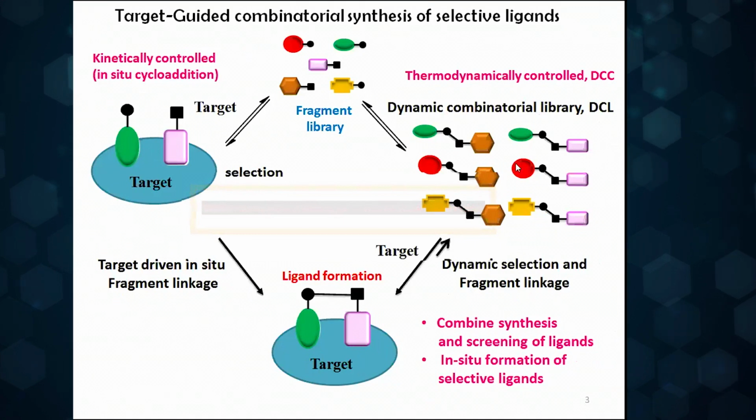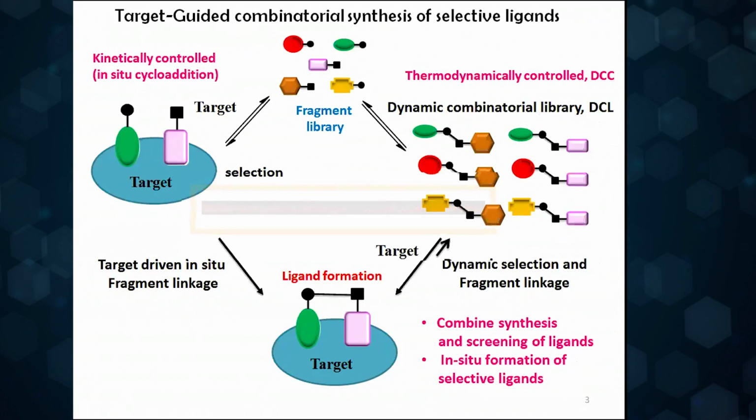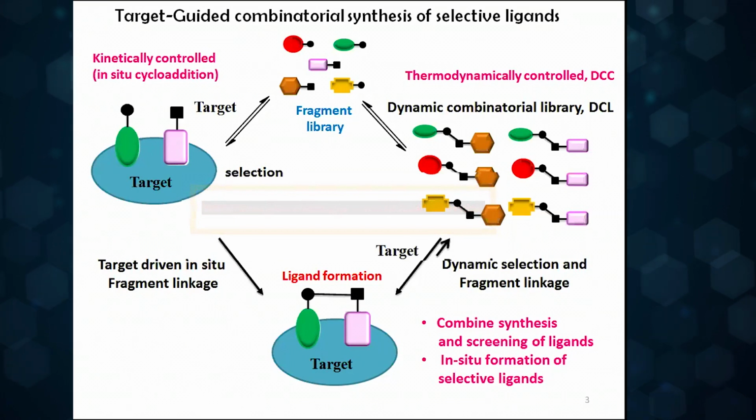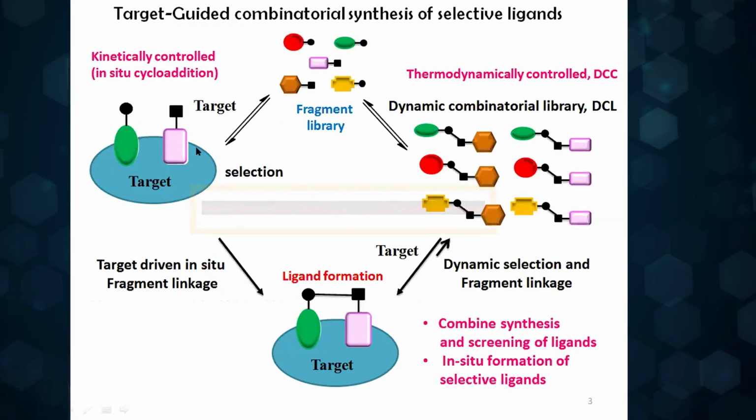And in the presence of a target, the equilibrium of the system shifts towards those products that can strongly bind to the target. Thus, both these approaches, the in situ cycloaddition and the dynamic combinatorial chemistry, combine synthesis and screening of ligands, and thus they provide unique platforms for the in situ formation of selective ligands for